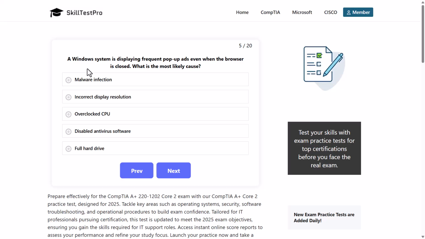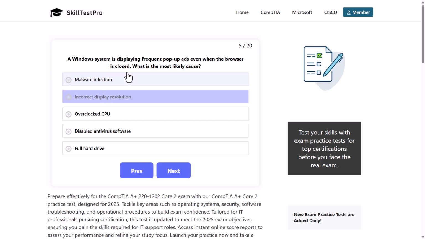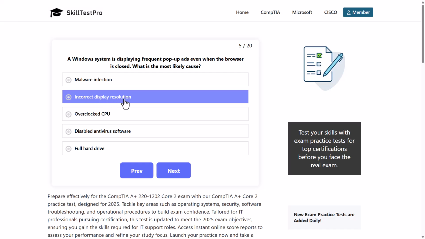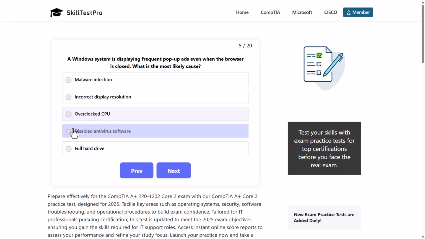A Windows system is displaying frequent pop-up ads even when the browser is closed. What is the most likely cause? So the browser is closed, but you still are getting pop-up ads. Malware infection. This could be caused, for example, by malware infection, incorrect display resolution, overclocked CPU, disabled antivirus software, or